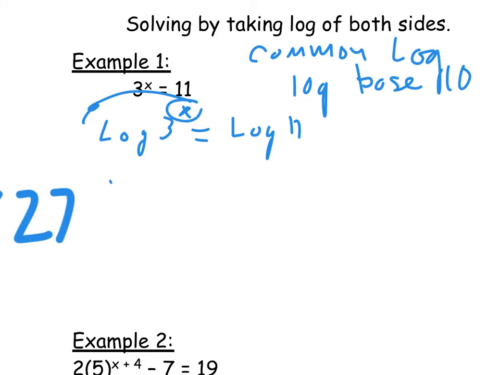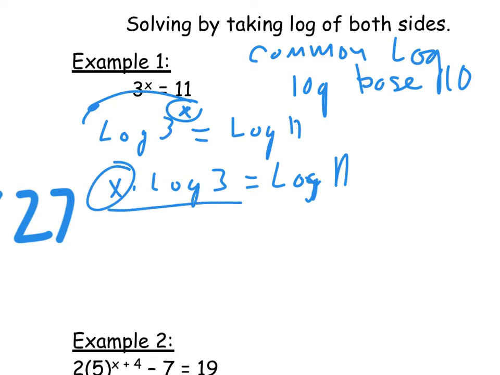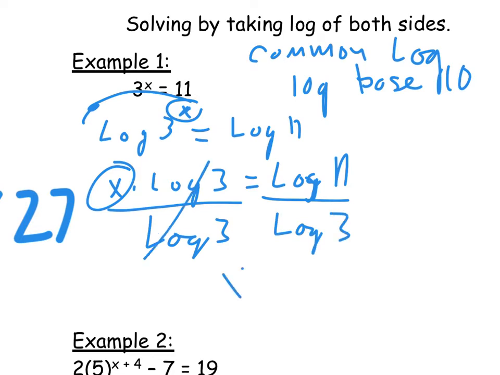That exponent is going to be x times the common log of 3 equals the common log of 11. And to solve for x, being it's multiplied, we're going to divide both sides by the common log of 3. These would cancel out, and x equals the common log of 11,